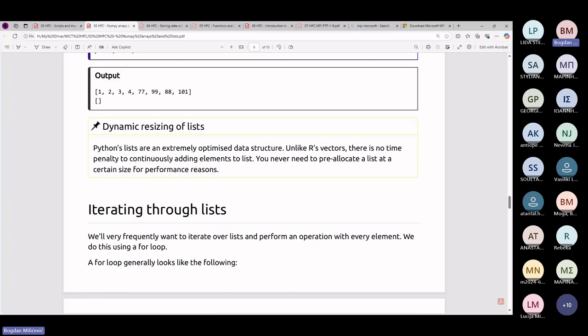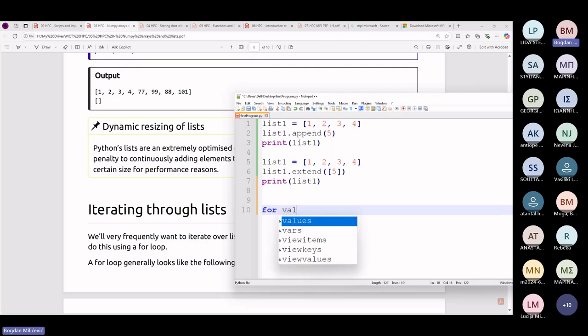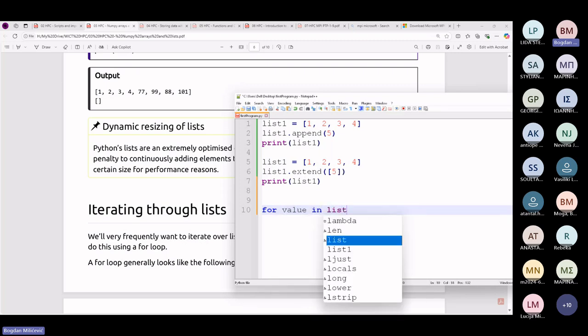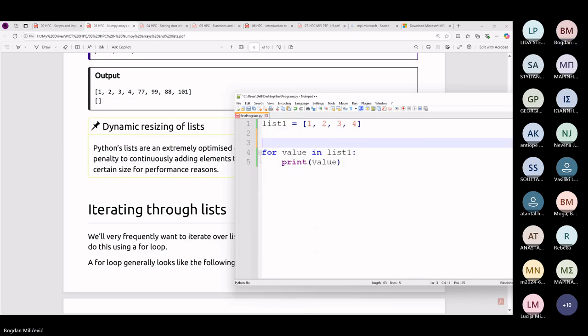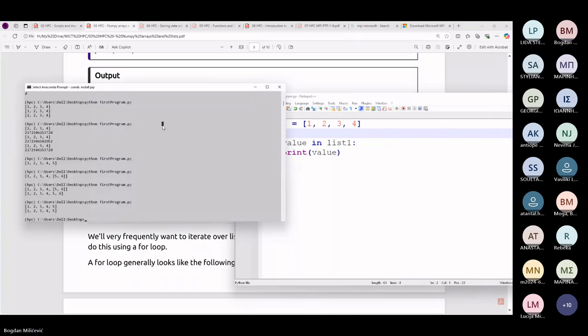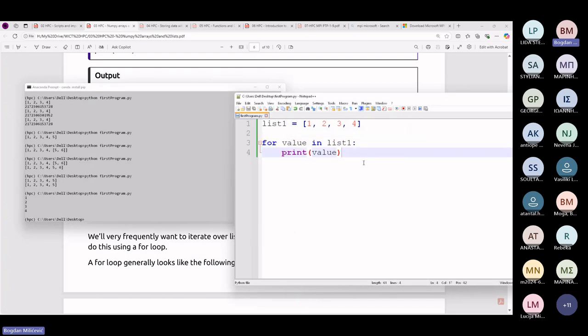How we can go through a list is the next thing. We're usually using for loops. And this is the command for value, let's say, in list 1. We should, for example, print that value. I will remove everything, and I will explain this deeper. So what we did here,